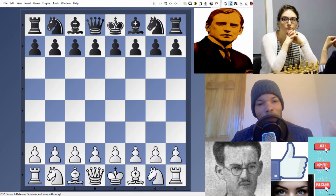So let's go. Pirc has the white pieces. Yes, that is the creator of the Pirc Defense. So we're going to get into it. The game started off d4 from Pirc,